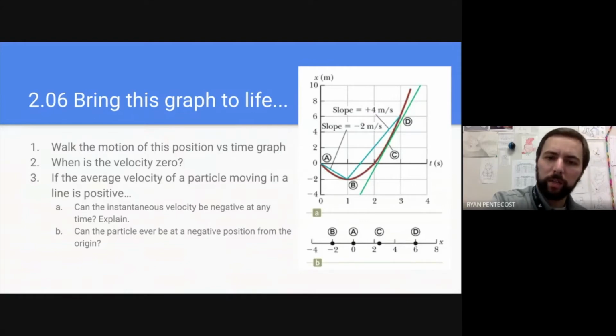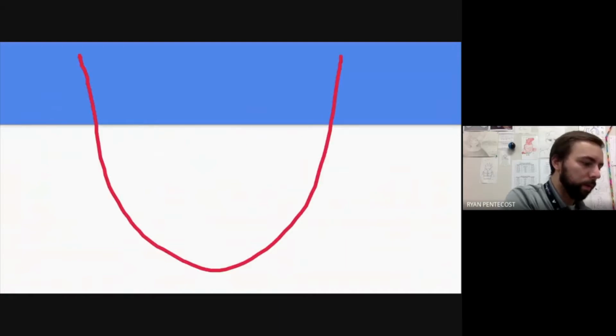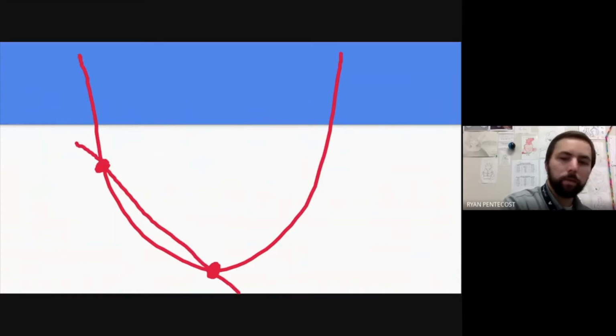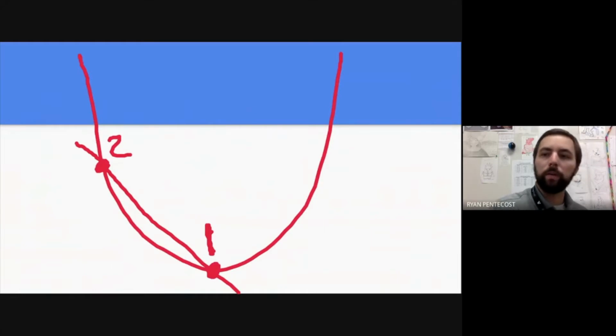Now, if we want to look at instantaneous slope, we have to use what's called a tangent line. So a tangent line is when you look at a slope. Now I'm going to go into the next slide real quick to give you a demonstration. Say we have a parabola and we want to find the slope at this point. What you can do is you can start way out here and connect those 2 lines, right? That's the slope. Let's say that is from point 1 to point 2. Okay. Now, if we want to know the slope at point 1, we need to move point 2 closer to point 1. So as we move that closer and closer and closer,